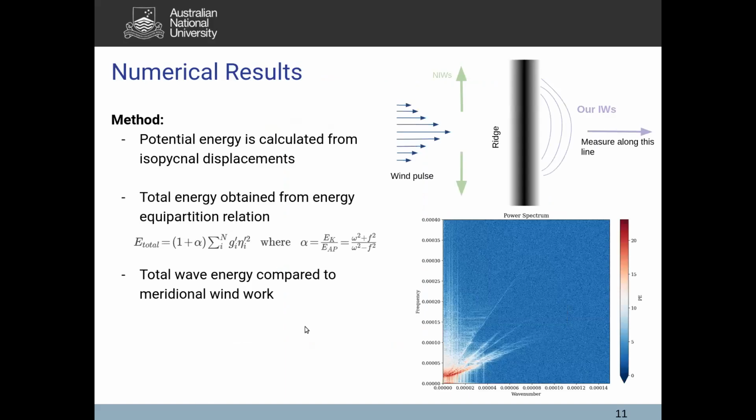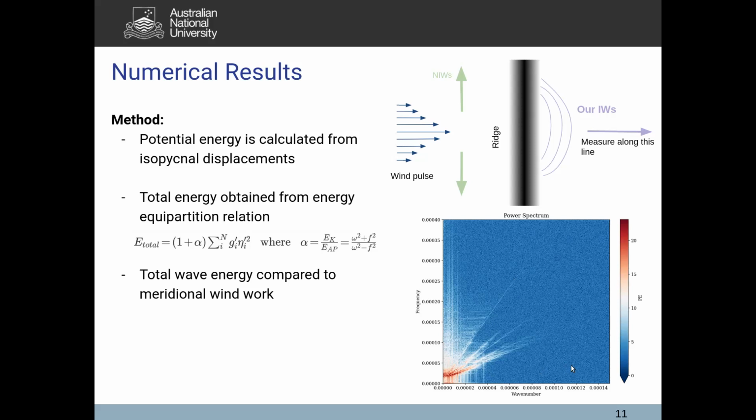Yeah, so we kept things really simple as well. This time we had some other energy flux calculations, but again, these were a little bit tricky because you did have still a small mean flow and the near inertial oscillations in the velocity field. So the velocity field ended up being more difficult to use than the interfacial heights. So we stuck with the interfacial heights to give us the potential energy of the waves, because they had very little interference from other processes. And yeah, so we calculated the potential energy and then estimated the total energy by basically